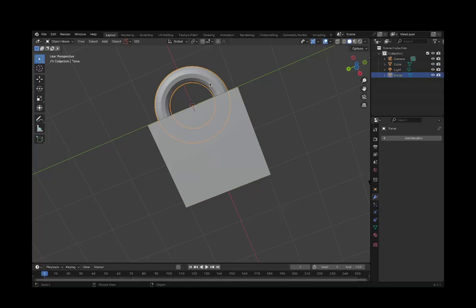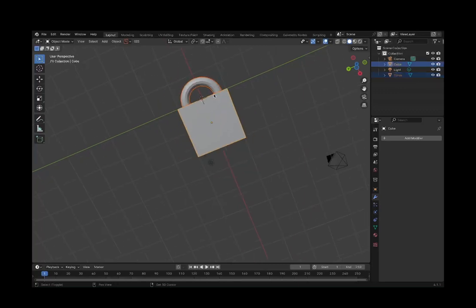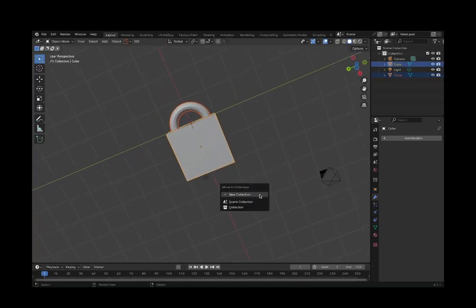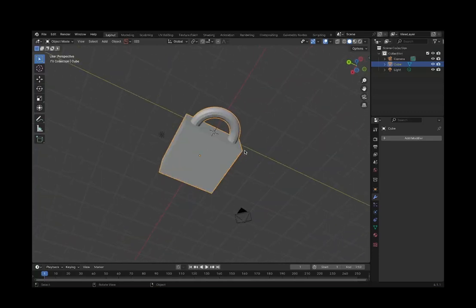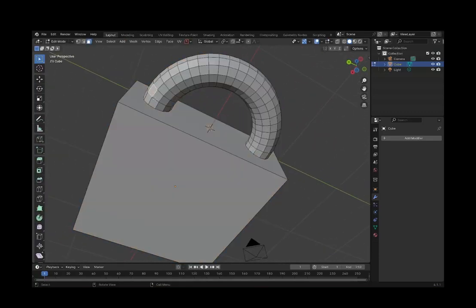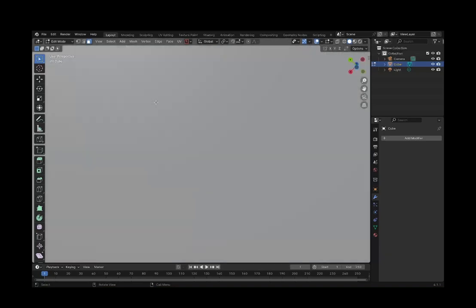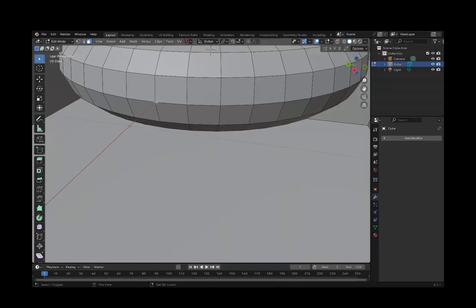You literally just select one object, hold shift and select the other object and press, sorry, Command J. So that joins them. J for join. And now you see you have the lock, the donut of the lock. If we get inside of this box, then you can see the rest of the donut is actually inside here.